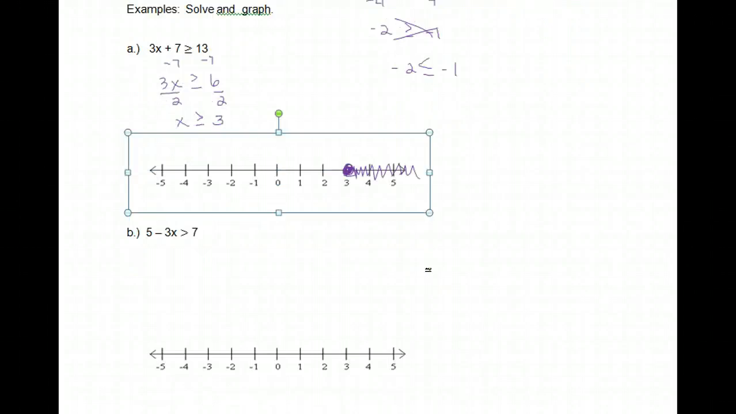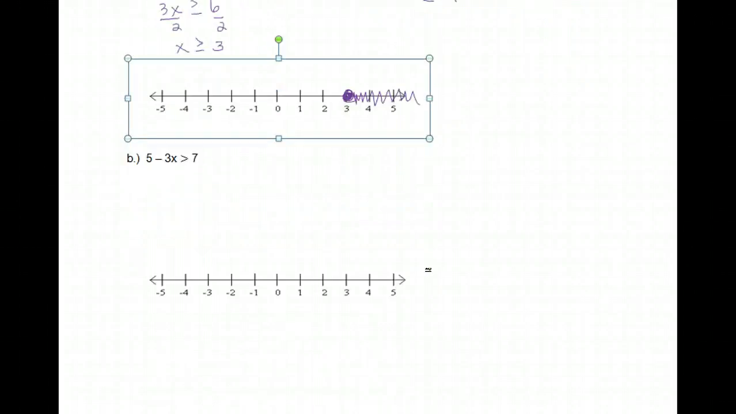I would like for you to solve letter B. Please remember the rule about what happens when you multiply or divide by a negative number. Please pause the recording, solve the inequality, and when you're ready, we can move forward. Okay, at this point, everyone should have had an opportunity to solve letter B, and we should be ready to